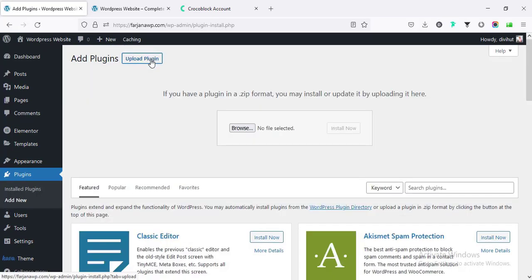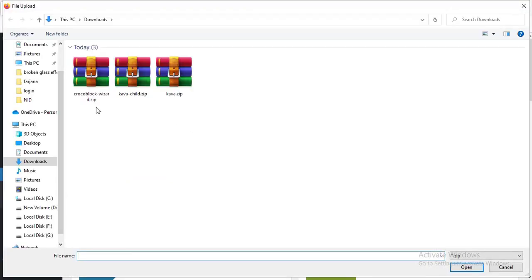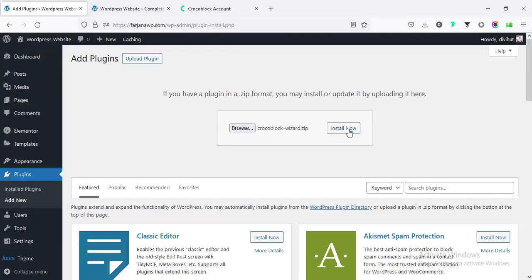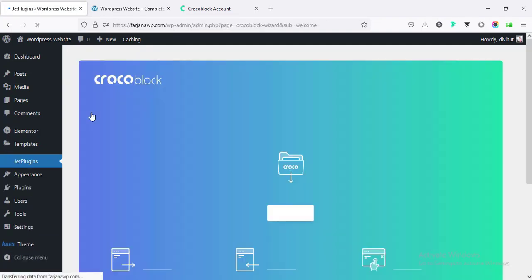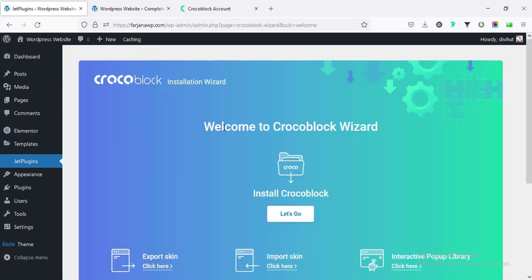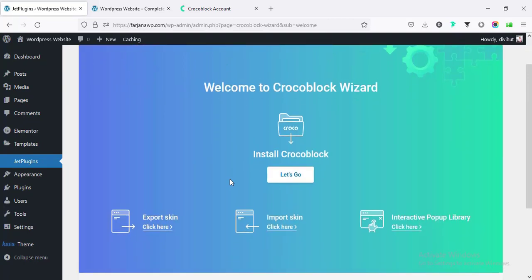Going to upload plugin and browse. I'm selecting the Crocoblock wizard. Going to install and activate. Alright, now here is the Crocoblock installation wizard. We can install our complete website from here. Going to let's go,